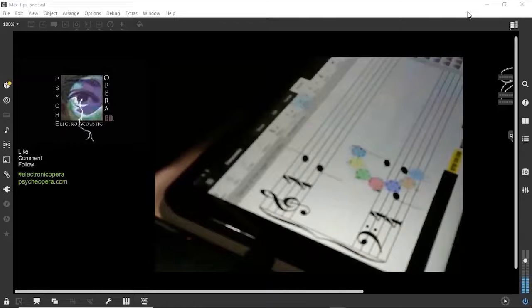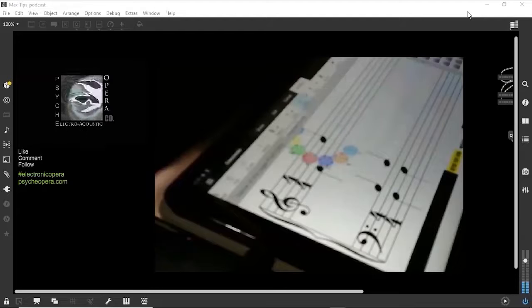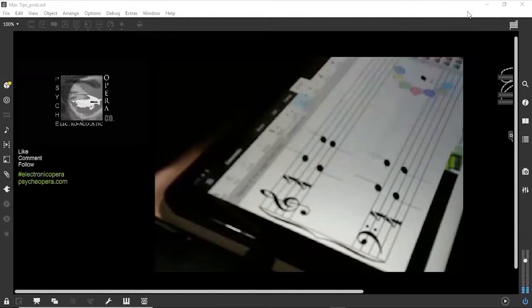All right, we got to double the root. So we got the root in the tenor voice. We got the root again in the soprano. All right, and let's see what chord tone remains. And there you have it. Okay. All right, we just talked about